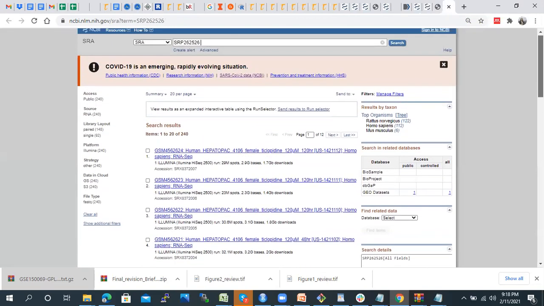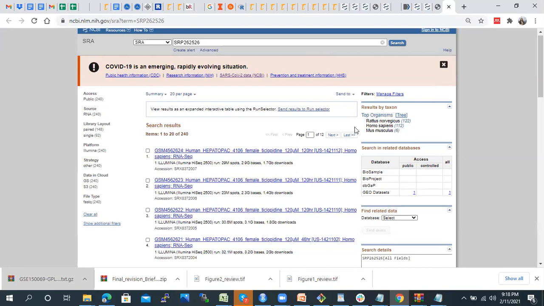From here, you do not need to download the complete FASTQ files, especially if you want to perform analysis on the Tabinfo server. I'm just giving that as an example. Otherwise, if you are performing analysis on your own system or your own server, you might need all the FASTQ files.